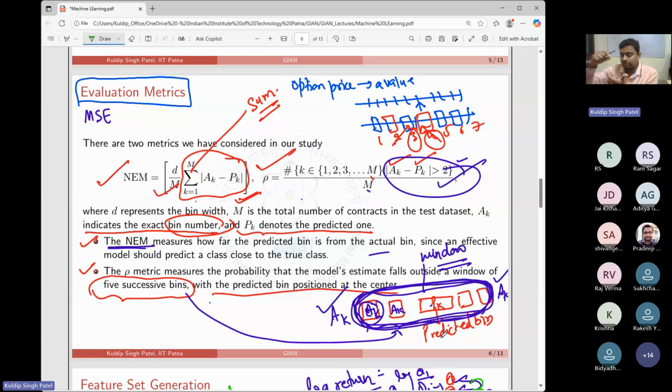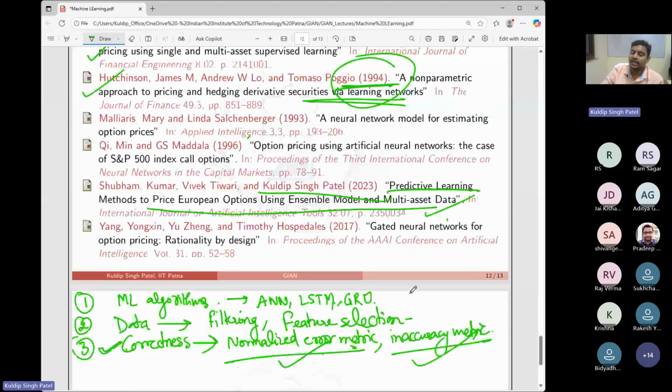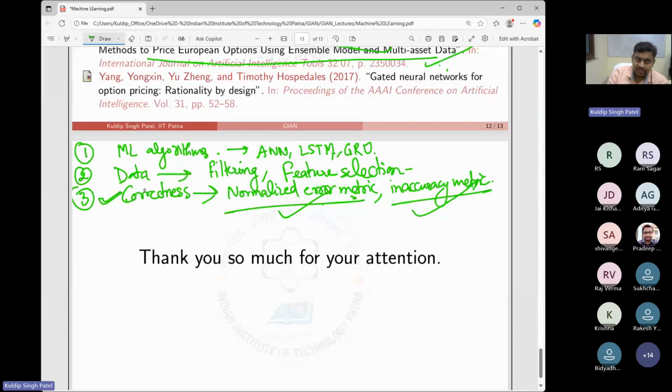Agree? Suppose your actual value is here, and your predicted value is out of this window. Then it doesn't make sense, that means you are making a huge error. So based on those concepts, this rho and NEM are defined, and then you compare your results